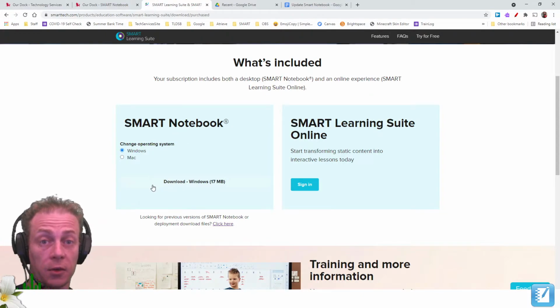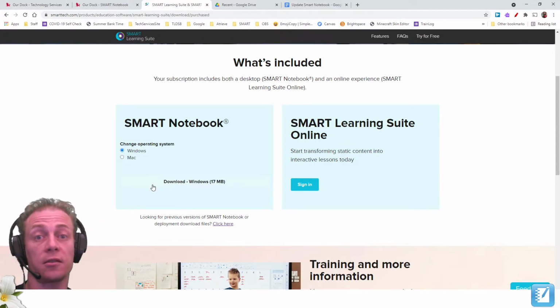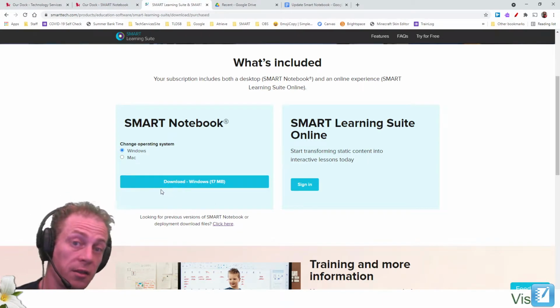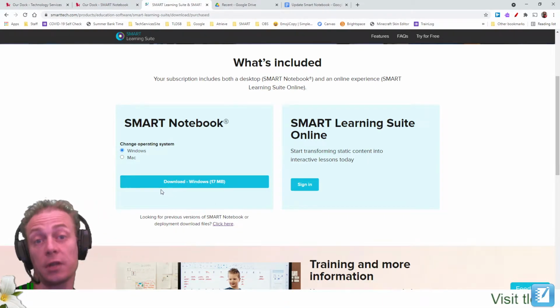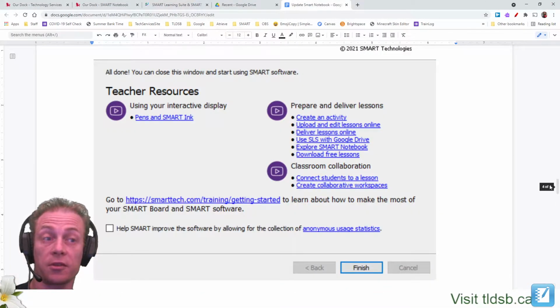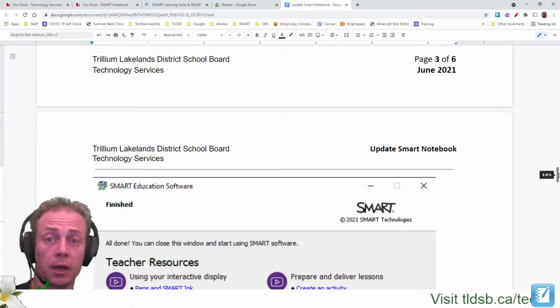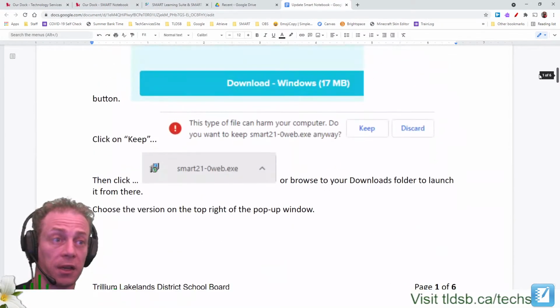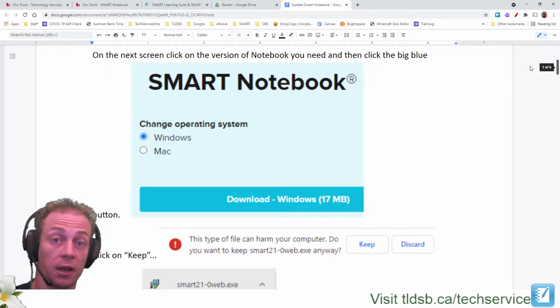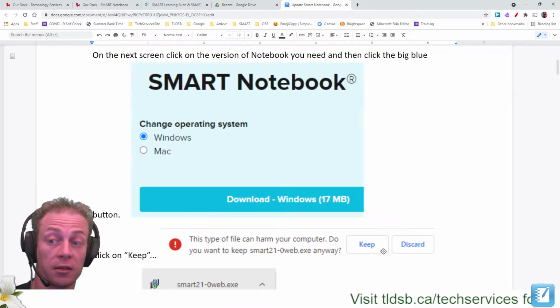Now I've done this already. When I click that and I start the install, it's going to run me through a series of prompts and boxes and next, next, next, and then force me to restart. So we have a document that's going to support this as well. If I were to go back through the document, it's going to run me through those same steps, showing where I would choose Windows and making sure that I do in fact keep the file that gets downloaded and install